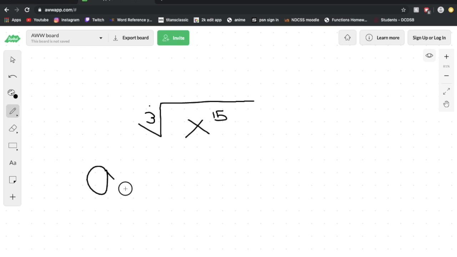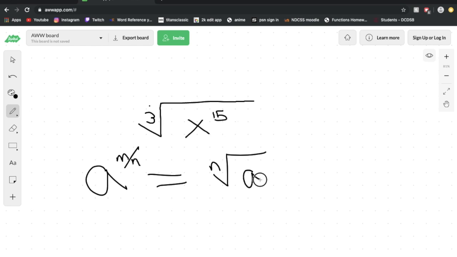So like I said before, a to the m over n is equal to the nth root of a to the m. As you can see in this situation, your big A is the x. So this is going to be your big numeric base that we were talking about all the time. And then the placeholder of the exponent to the a, in this situation, is m. So that's going to be the numerator of the exponent, so 15, right? And then the placeholder of the n in this question is a 3,